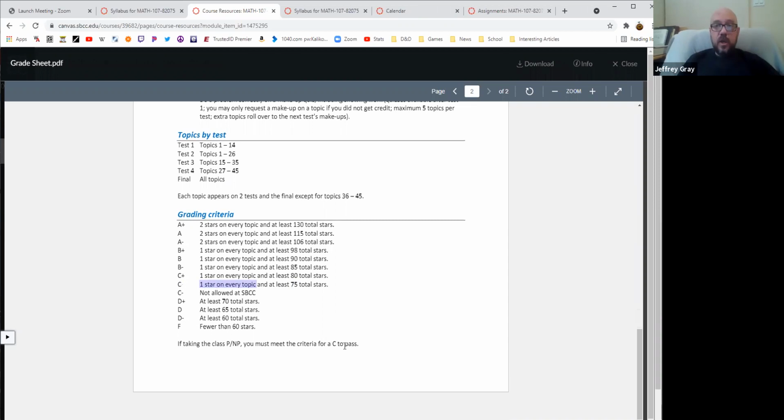If you turn in all the homework and revise it until it's right, and I will help you figure out how you need to revise it, or what you need to do in order to revise it correctly, then if you just keep trying, you will eventually get them all. That's the 1 star on each topic, and you need 75 total stars to get a C minimum.